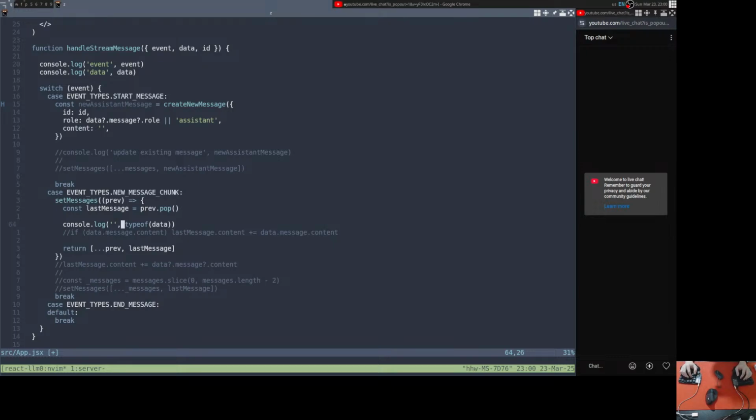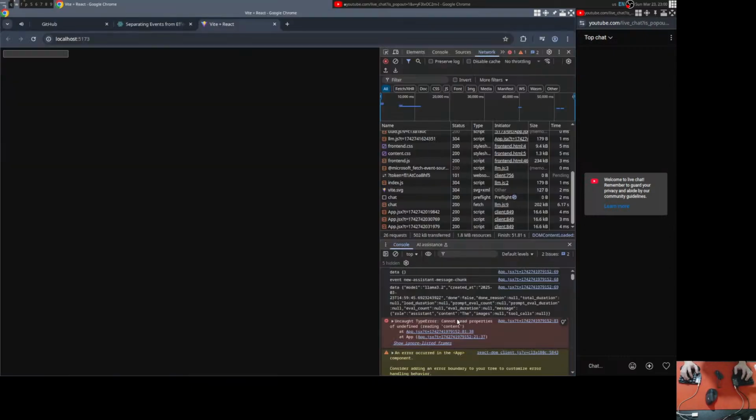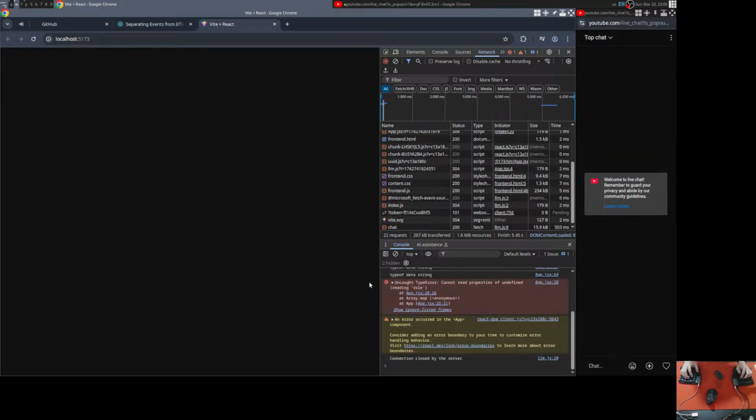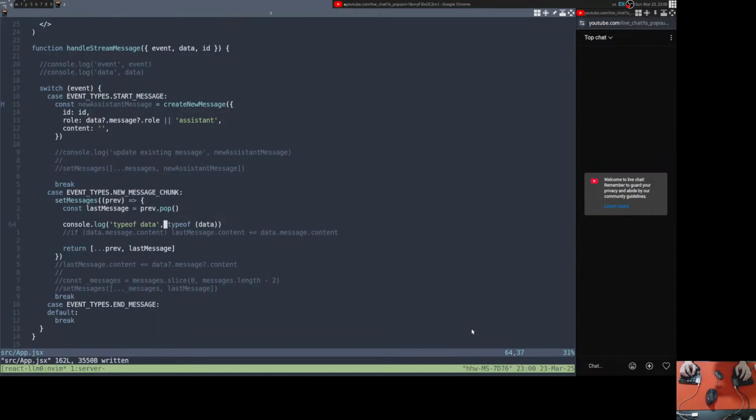Let's not log those for now. Let's go to where we're doing that type of data. Cannot read properties of undefined. Okay, so only